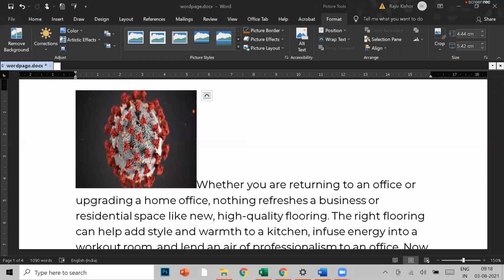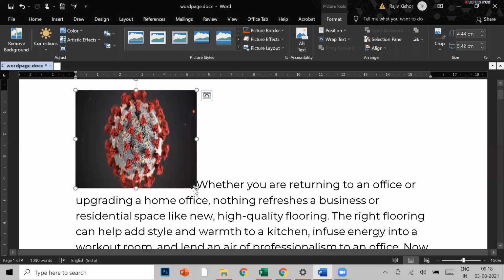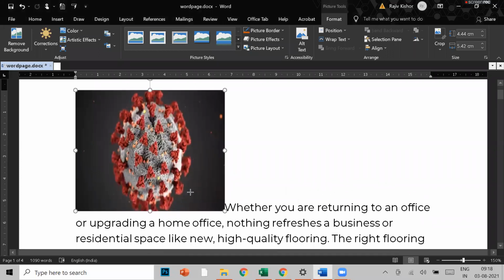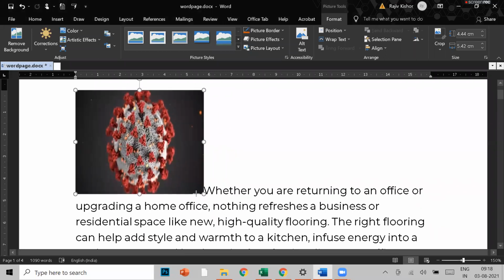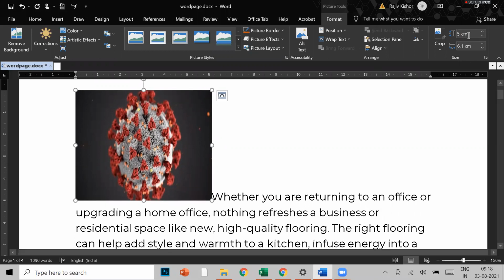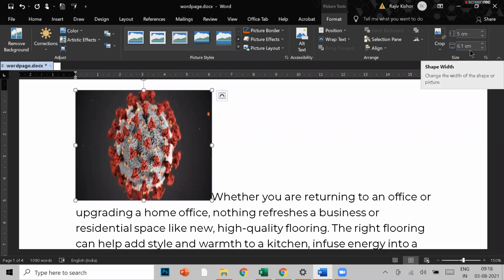Going to tell you how you can resize your image. Select the image. As I told you, you can resize from here also. As well as, you can see in the format option on the right side, its height and width are appearing, so you can directly type here. Now you can see when I'm changing its height, automatically the width is changing. Why? Because it is maintaining the ratio.